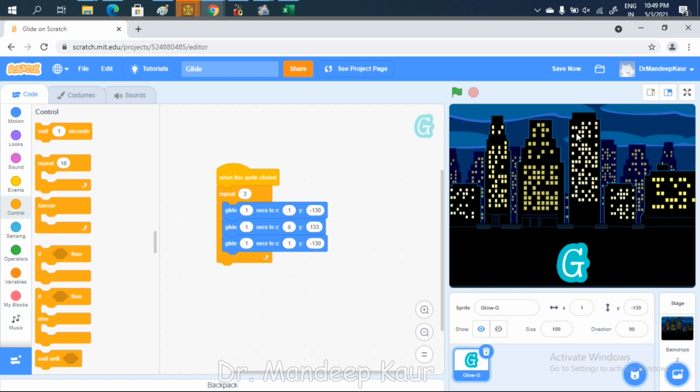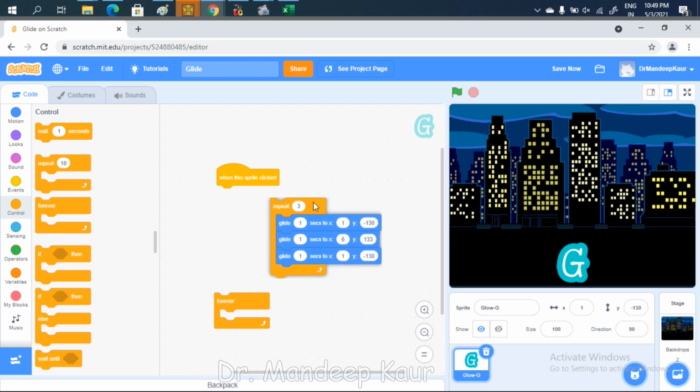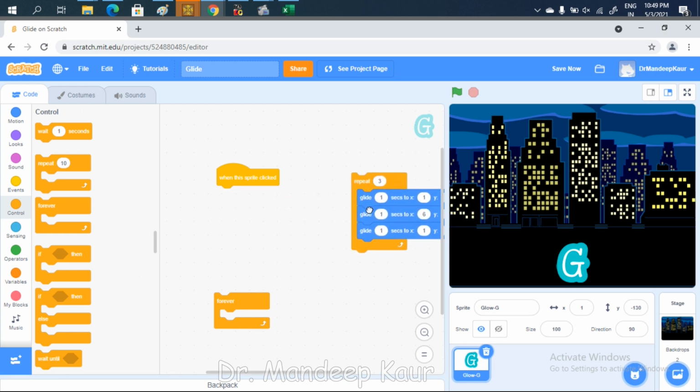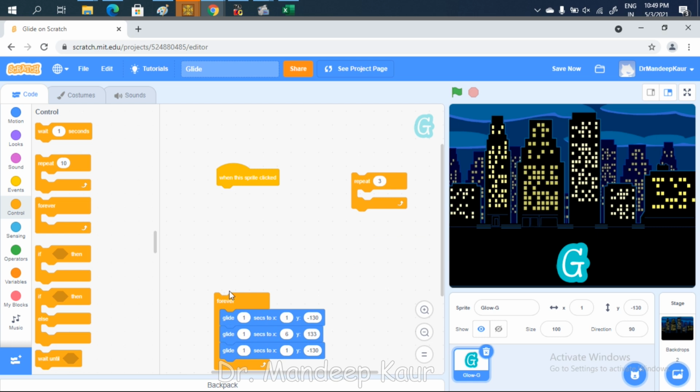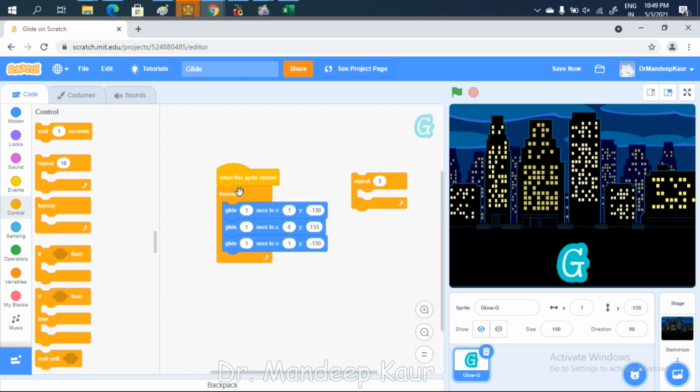When I click here, it will loop forever. If you want an effect where your word is moving all the time and never stops, then you have to use this forever loop.